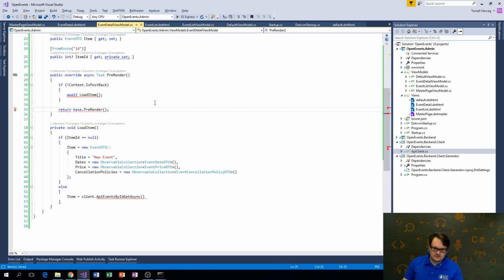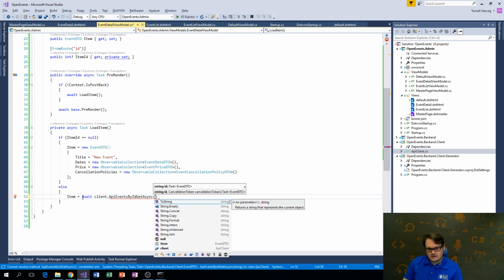In this case, I just call await base pre-render, and here I need to change the signature. Maybe ReSharper will be able to do it. Okay, no, it won't. So let's say async task load item,